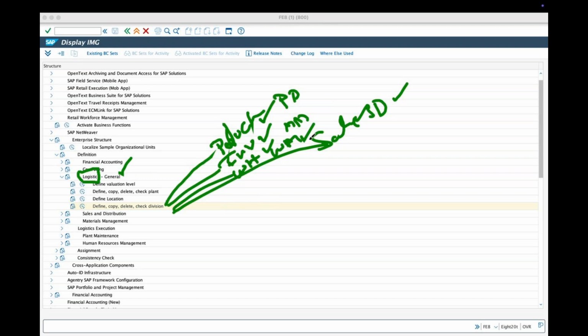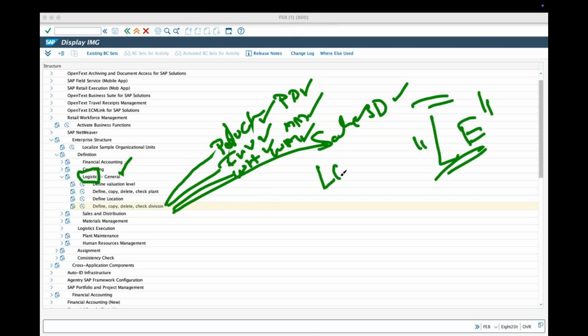They need a product of division to maintain in the warehouse, in the inventory, and in production to be manufactured. This is the purpose: a common source which interacts with the entire logistics executable purpose. That is logistics general areas.